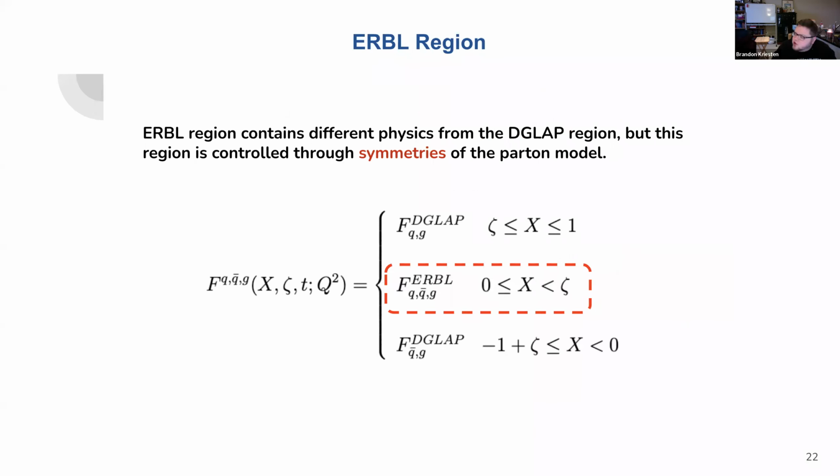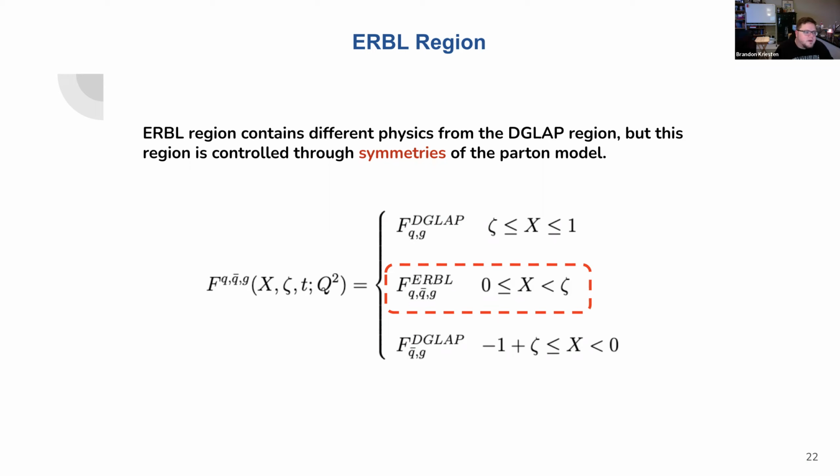Now, we only actually parameterize, for instance, the DGLAP region, which is x greater than c for the GPD. The region between 0 and c in x is called the ERBL region. Instead of going through and reparameterizing our model, we come up with a clever way to model this part, in that we know, for instance, that the ERBL region is